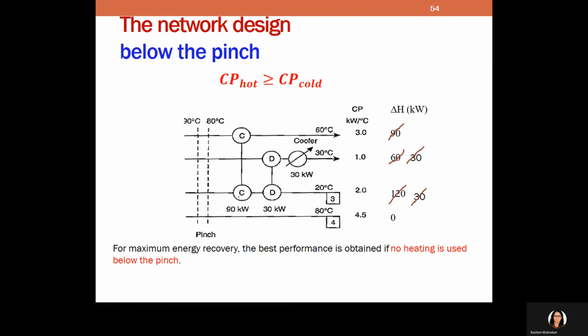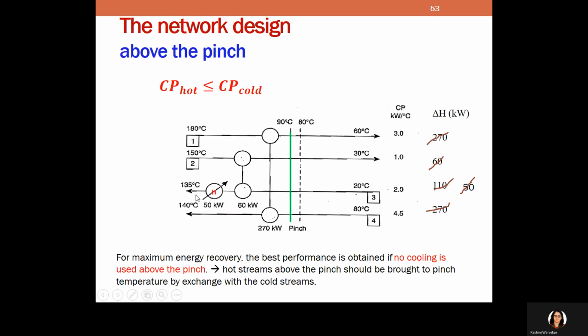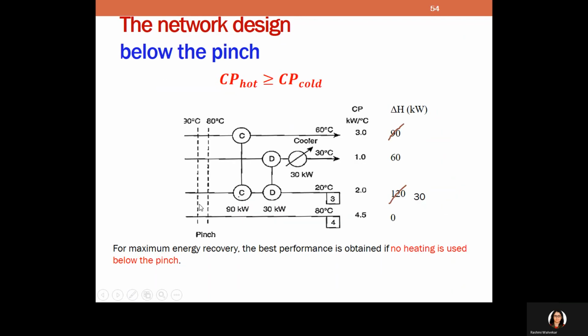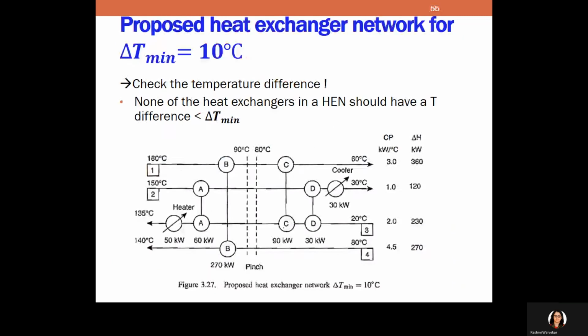Okay. So now if you refer back to our previous composite curve, our hot utility requirement was 50 and cold was 30, and we obtained the same here. Cold is 30, hot is 50. So this is another way you can verify. You combine above the pinch and below the pinch, and then you can draw your heat exchanger network like this. It means when you go to your process flow diagram, you need to connect those streams with the heat exchanger.